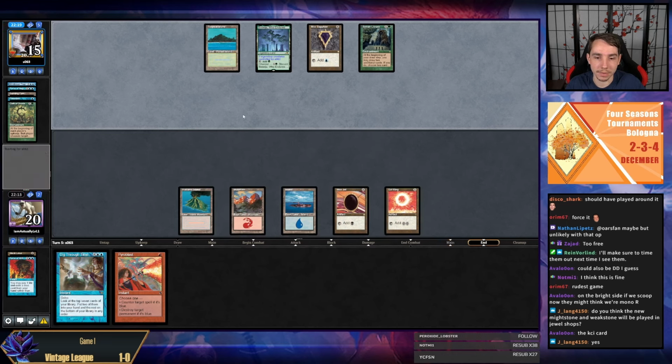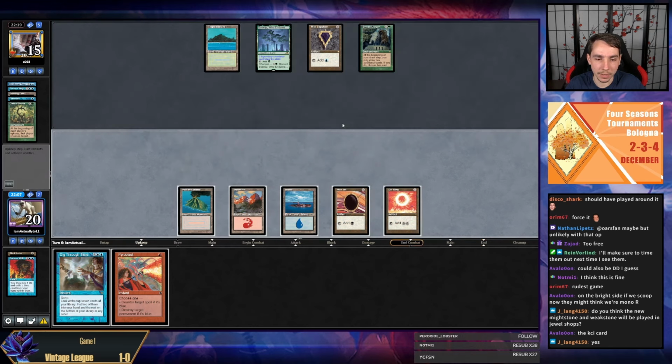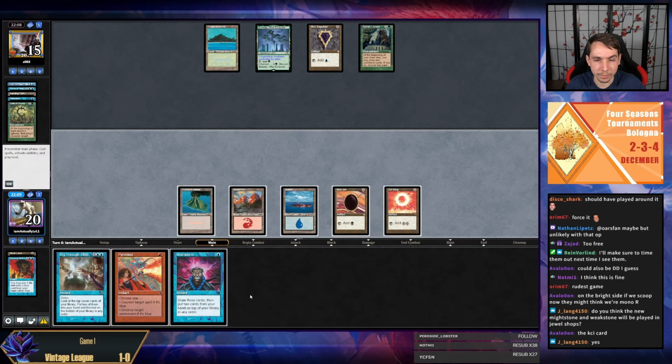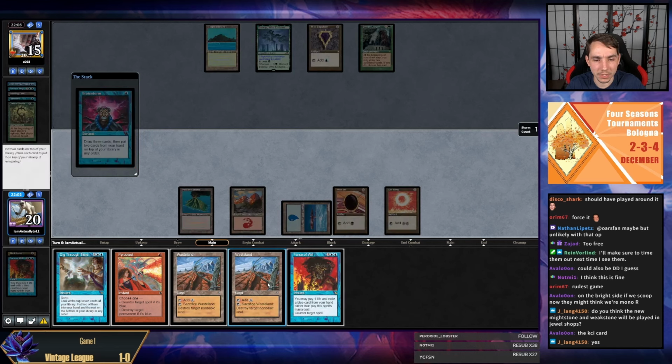I am gonna... I really don't want to get Flusterstorm for no reason. I'm gonna not cast Dig here. Brainstorm. It's kind of an awkward one. Should I brainstorm? I kind of think I do want to brainstorm. Even something as simple as...